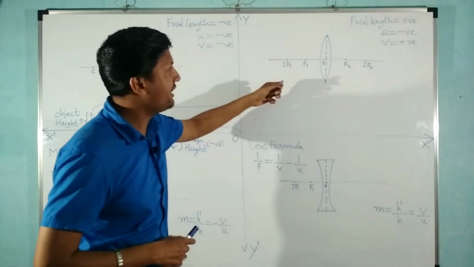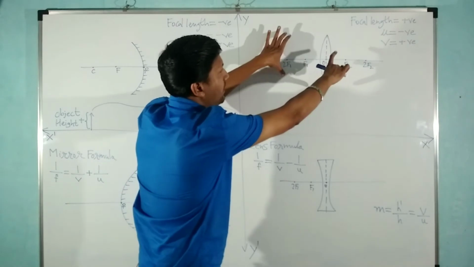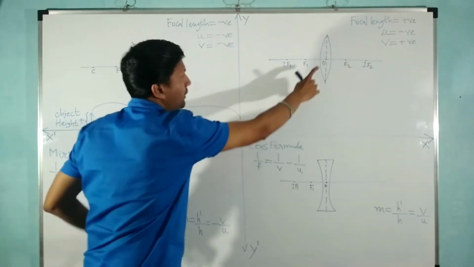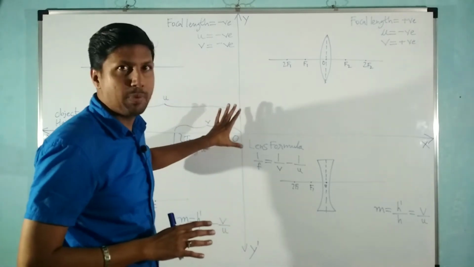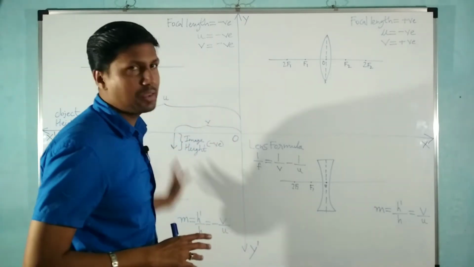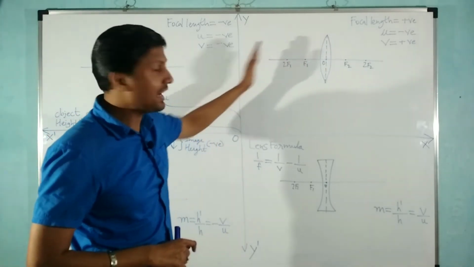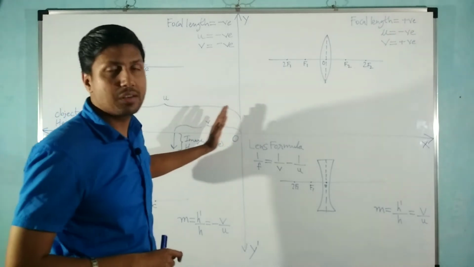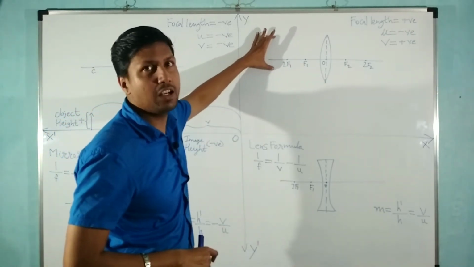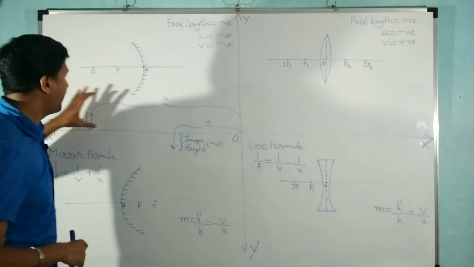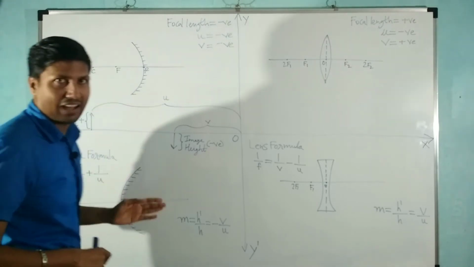So if I take this image and place it so that both the O's coincide, superimposed on each other, then we get exactly the same Cartesian convention. The object will always be kept in the negative part of the x-axis, so the object distance is also negative. Object height is always positive, because we always keep the object above the principal axis.